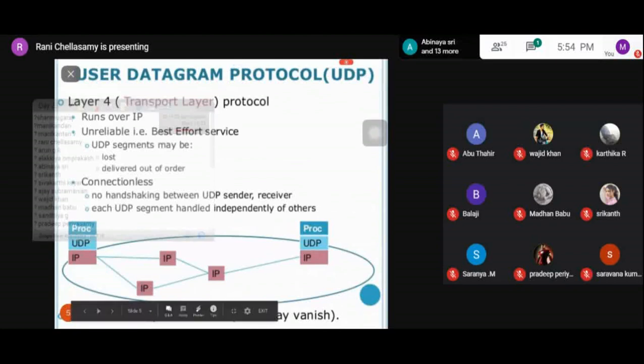So UDP is placed above the Internet Protocol. It also provides a lossy connection. Lossy in the sense that, consider this is your client machine and this is your server machine, in between the transmission the IP packet, that is the UDP packet, may be lost. So the use of the UDP protocol may not guarantee proper delivery of the data at the destination point. So we are calling UDP a connectionless protocol and an unreliable transmission protocol.